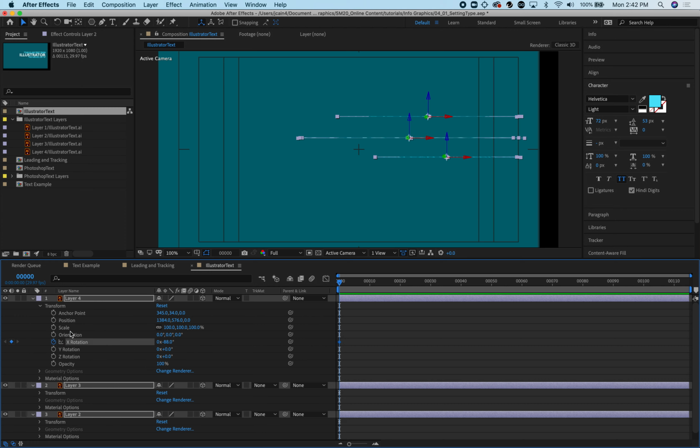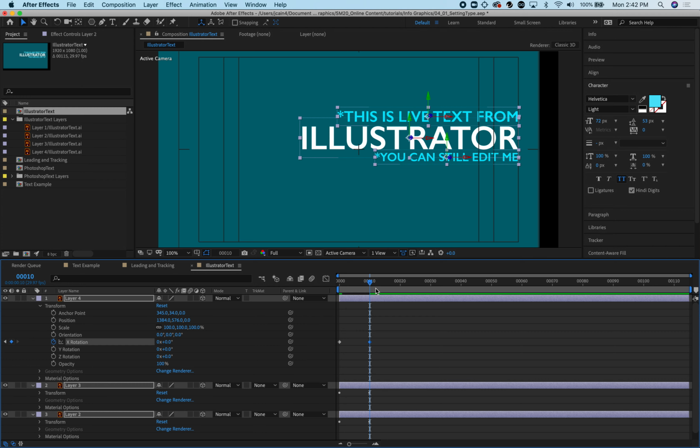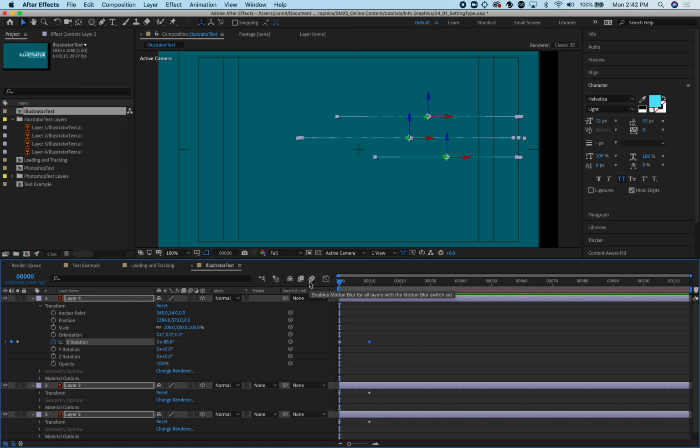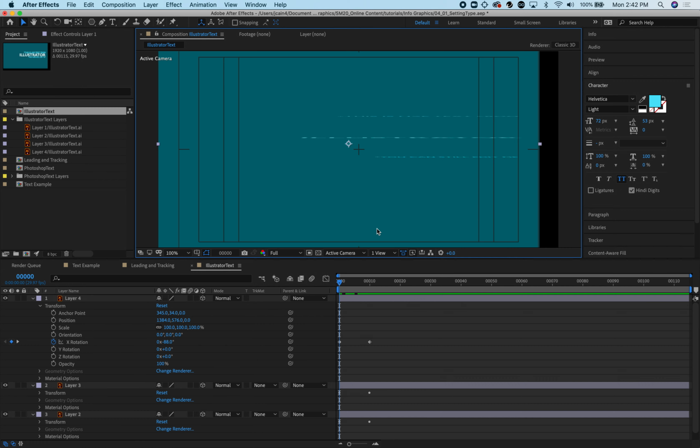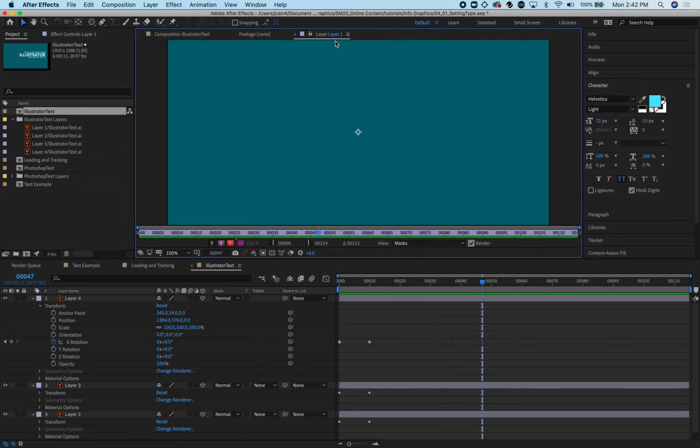And start with that keyframe, 10 frames in, take it to 0. So I can bring in text and essentially animate it like that,